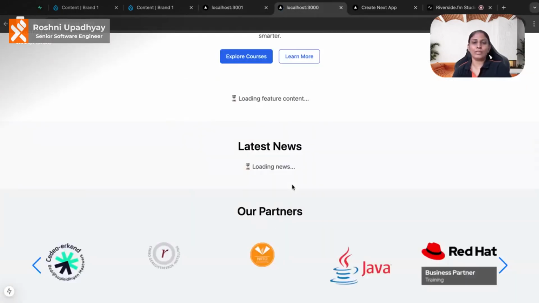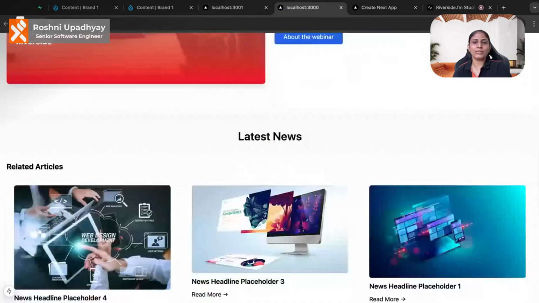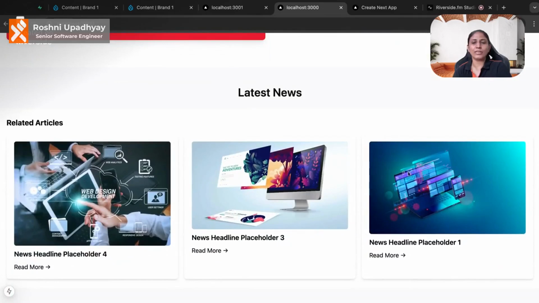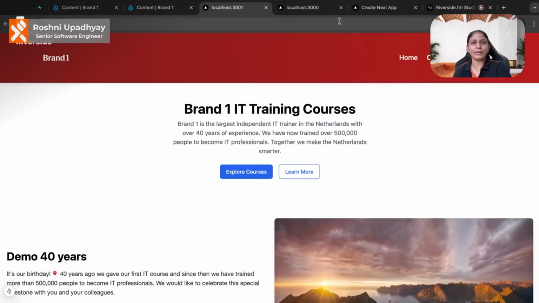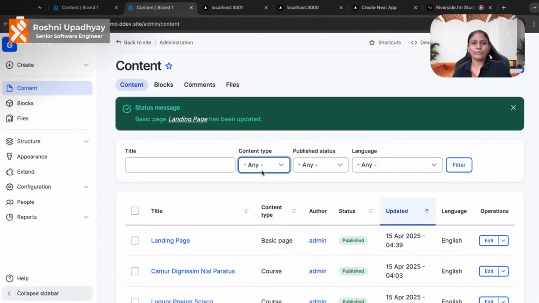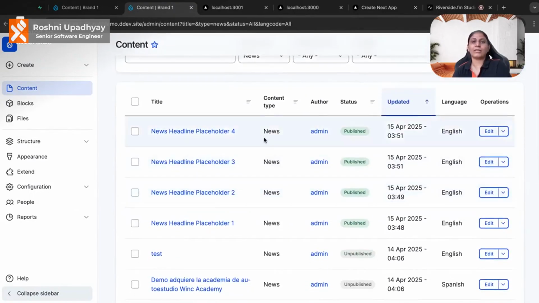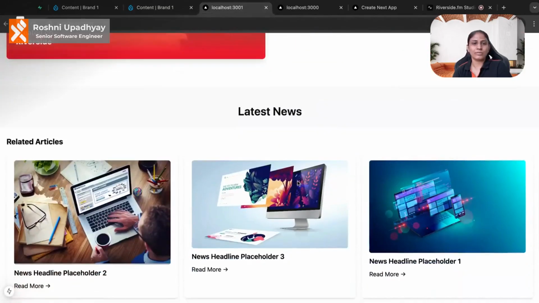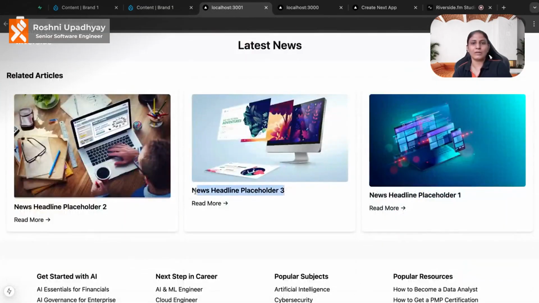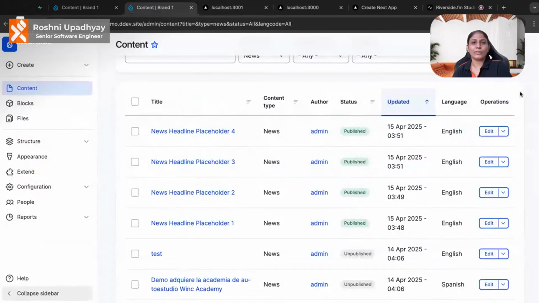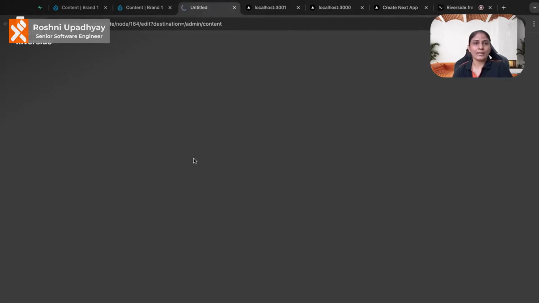Even in a particular news content, if I don't want to show it in brand one, or I need to remove or add any other content in brand two, then also we can do that from the backend itself. So if I filter my news content, and I don't want to show the third news, let me see which news are there. See, this is the third headline news. If I don't want to show that in brand one, then what I can do is edit the content,